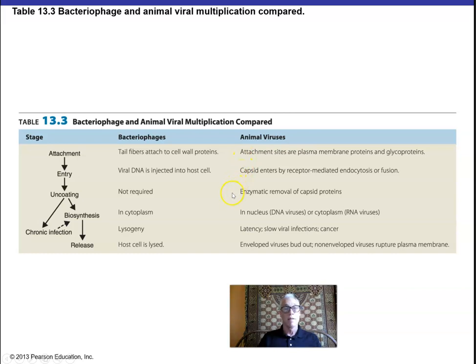All right, so it's just a comparison of bacteriophages and animal viruses. The big difference really is just that bacteriophages inject their DNA into the host cell. Animal viruses have to enter the host cell and be